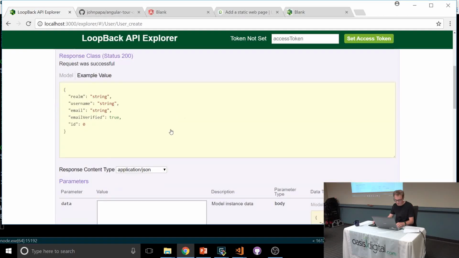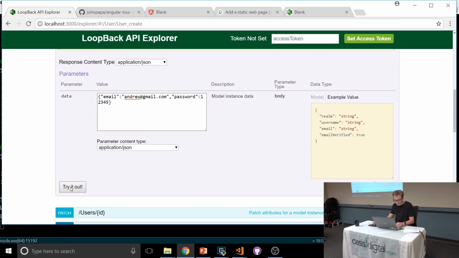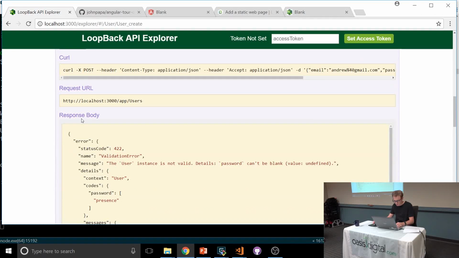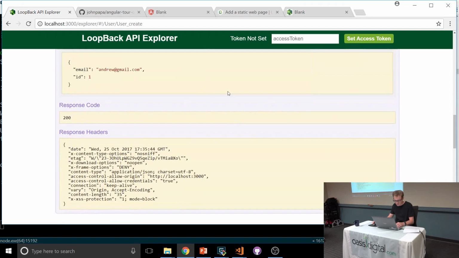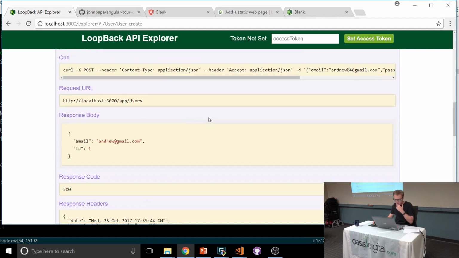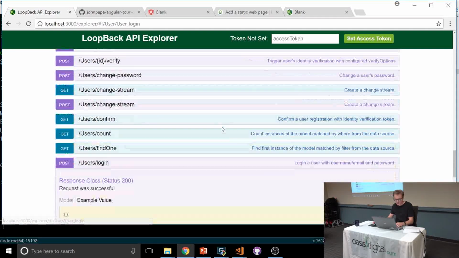So I'm going to post a new user. I'm just going to put an email in. I'm going to put a password. Shouldn't be blank. Oh, it should be a string, right? Okay, so now I have a new user. If I log in with this user, down here,